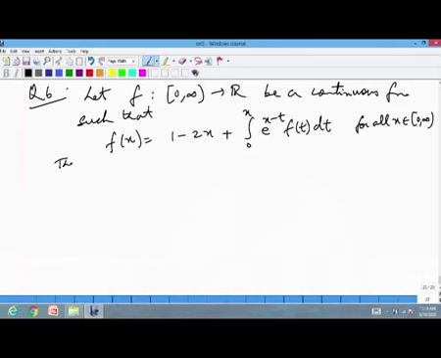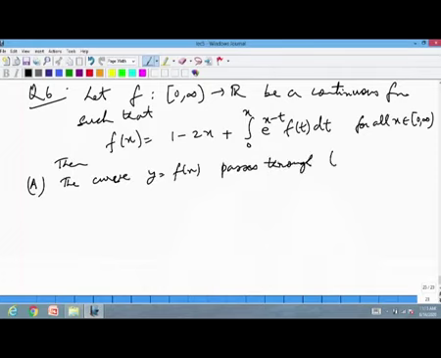Then we are given 4 options. A: the curve y equal to f(x) passes through the point (1, 2),